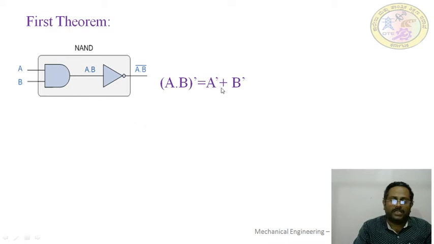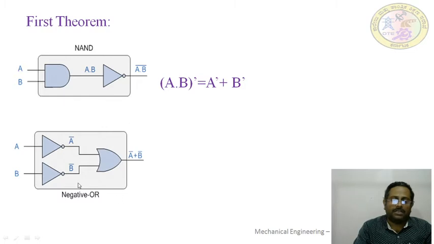The RHS of the equation is constructed using a negative OR gate, that is called a bubbled OR gate. We call it a bubbled OR gate because the inputs A and B are connected to an OR gate through a NOT gate. Means whatever input we are giving is inverted before the OR gate. That's why we call it a bubbled OR gate or negative OR gate. The output of LHS, that is the NAND gate, and RHS, that is the negative OR gate, should be the same. This can be shown for different combinations of the inputs.